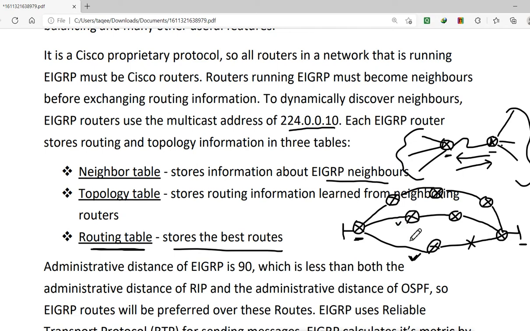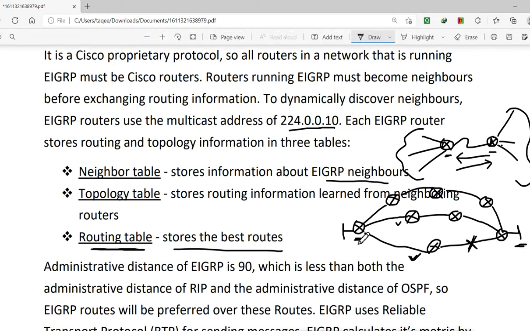Now consider the time it will take to take the other path. One path is down here, so it is not able to reach this network. This router is not able to reach this network, so the network is disconnected, not available for us here. Then it will choose the other path, and then the network will be available. The time it takes to become available is called the convergence time.